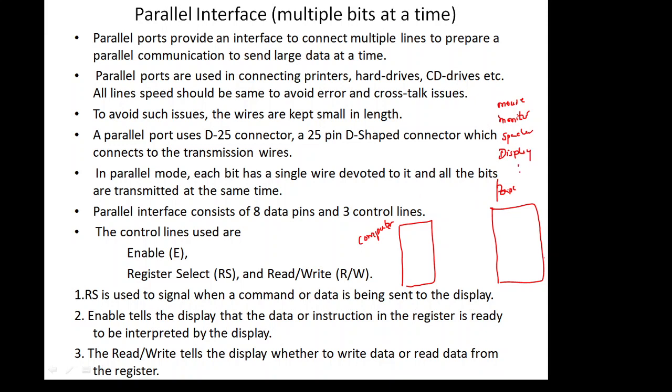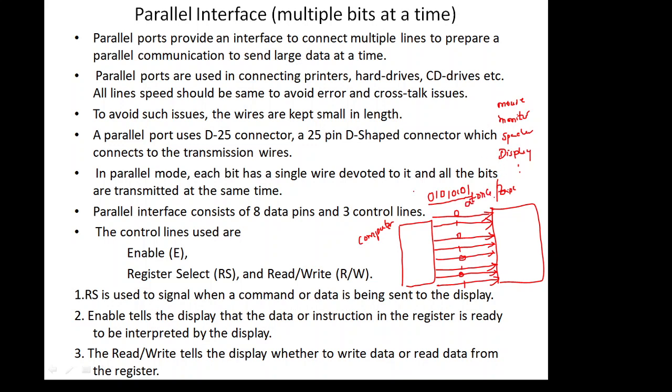All this comes under the peripheral devices, fine. So from computer to peripheral devices, in parallel, in the sense, you are going to have 8 lines: 1, 2, 3, 4, 5, 6, 7, 8. If I want to transfer the data 0 1 0 1 0 1 0 1, in the sense each wire will carry one bit. This line will carry 0, the next 1, like this. All the bits are going to be transferred at once, fine.